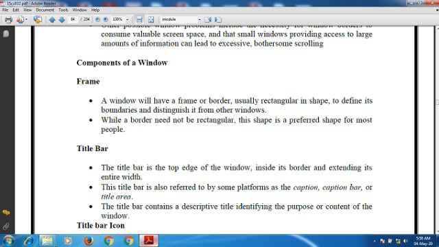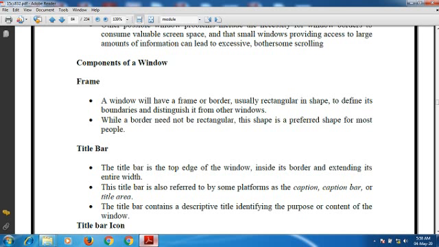Just for consistency purposes, these elements should always be located in the same position within a window. Most windowing systems provide a consistent location for elements in their own windows.